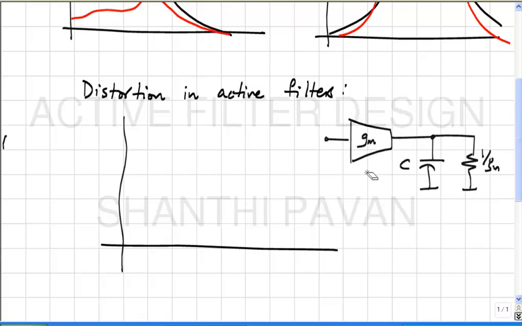In other words, if I apply a sinusoidal tone here, the current that is being injected here is not only the sinusoid but also harmonics of the input voltage, right. Now this harmonic obviously goes into this network, and the output voltage which is developed will also have harmonic content, because some harmonic current is being pumped into an impedance. The impedance varies with frequency. So you would expect, since it's a linear network, if you put in a harmonic tone, you will get an output voltage which is also at the harmonic tone. The amplitude of the harmonic tone will depend on